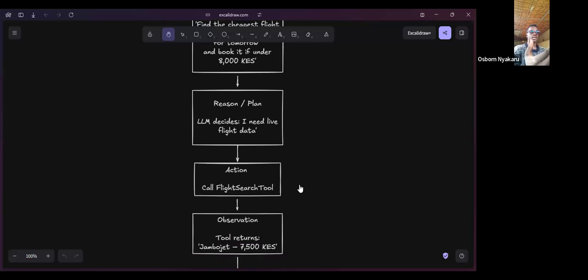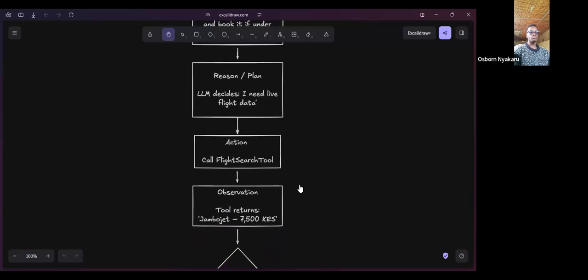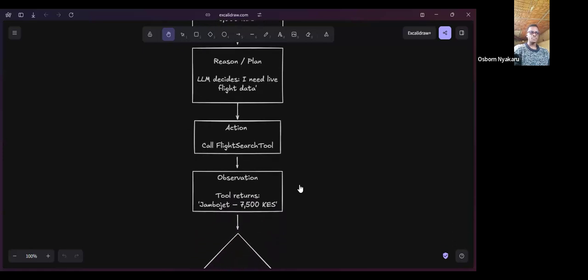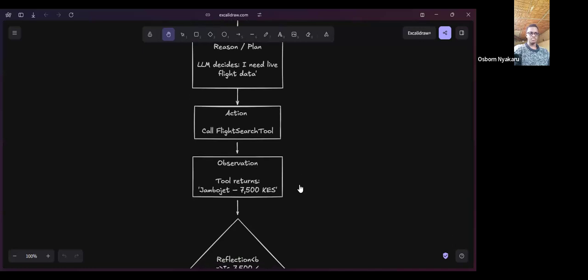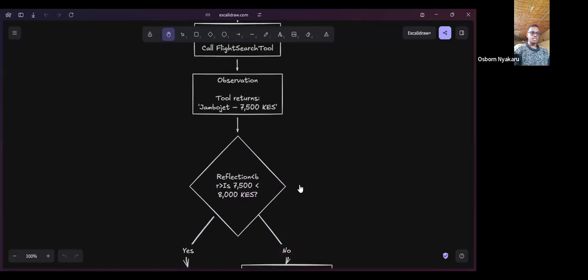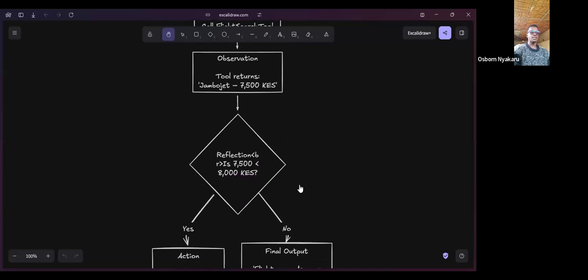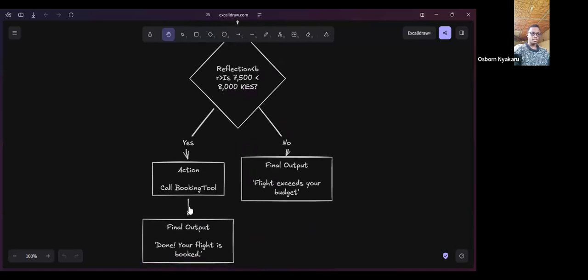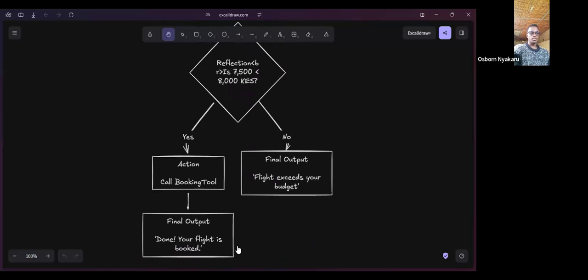Then it has an observation: does Jumbo Jet charge less than 8,000 Kenya shillings? If it's 7,500, then it decides it is less than 8,000, and it calls the booking tool. Then you have the final output: your flight is booked.